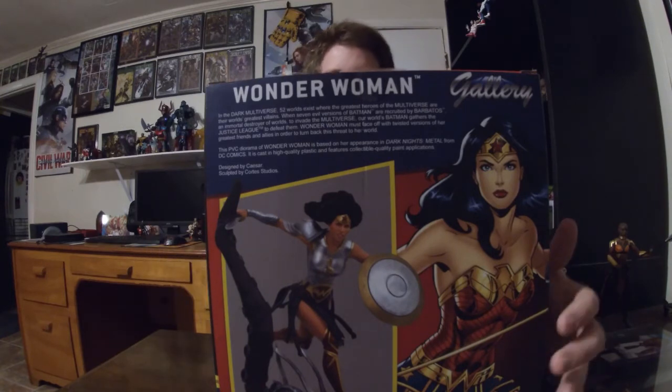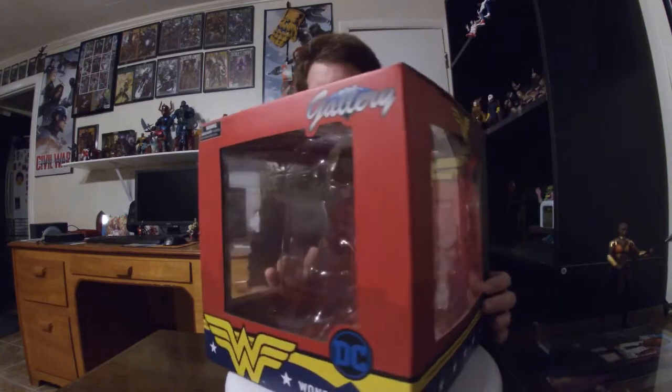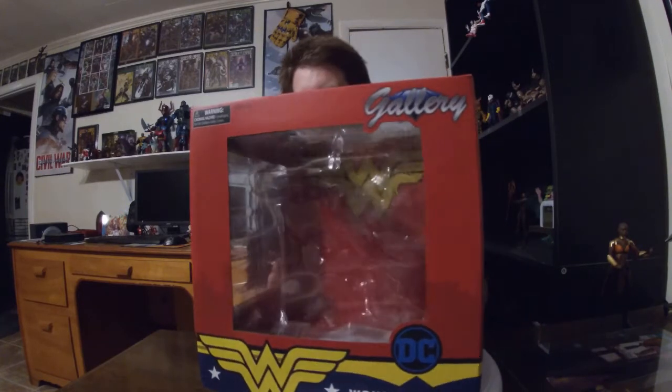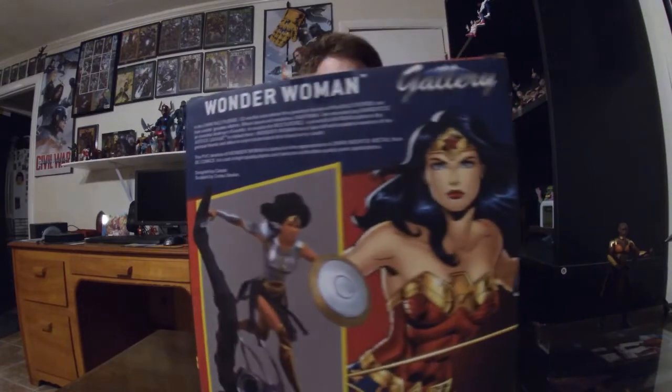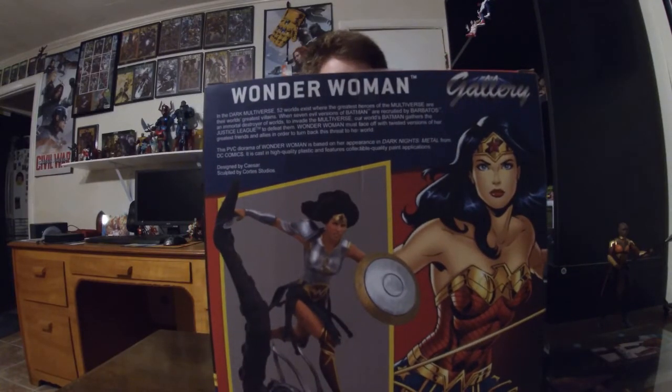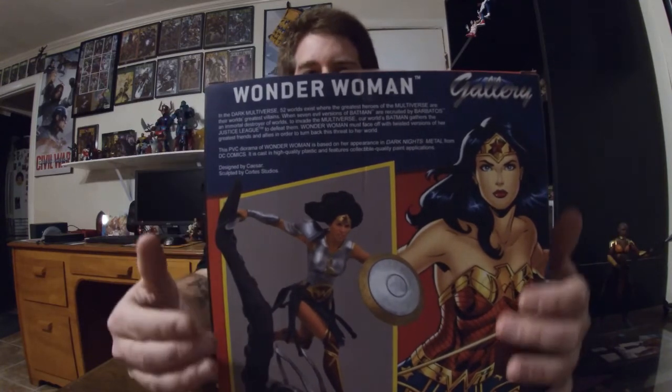She was already put together. As you can see, I'll spin it around here. It's just a little plastic jewel case, basically. The clamshell. And that was how she was. But nice little box. It was very safely packed, and I'm very happy with the artwork on the back here